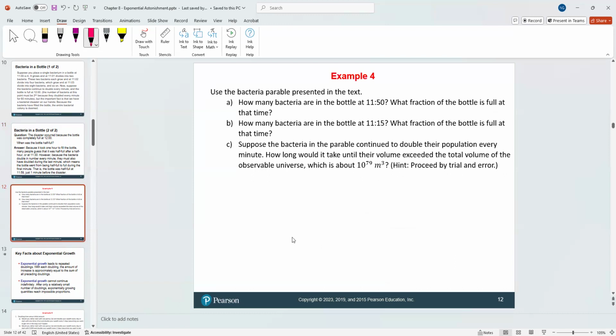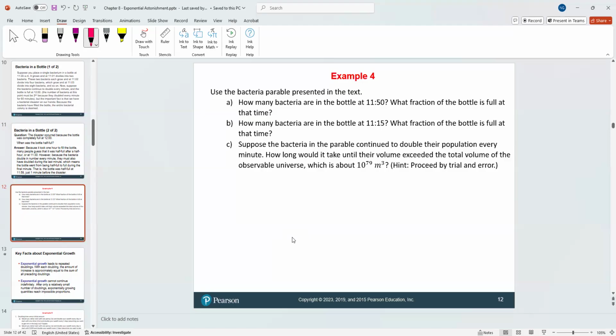How many bacteria, using the bacteria parabola, yes, we can. If we use the bacteria parabola, how many bacteria are in the bottle at 11:50? What fraction of the bottle is full at that time? So